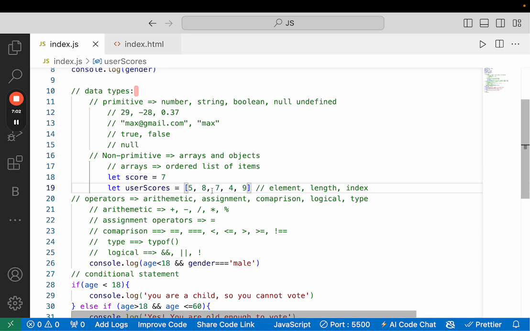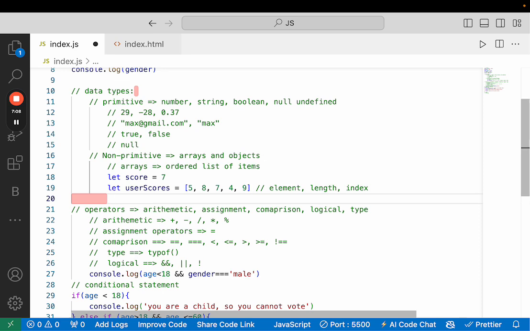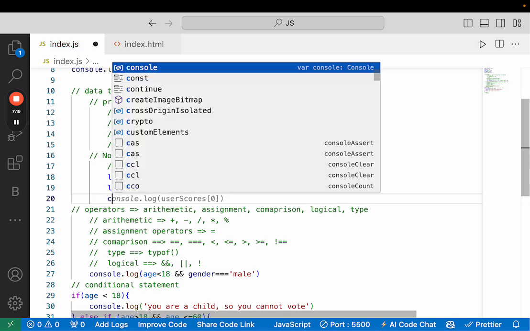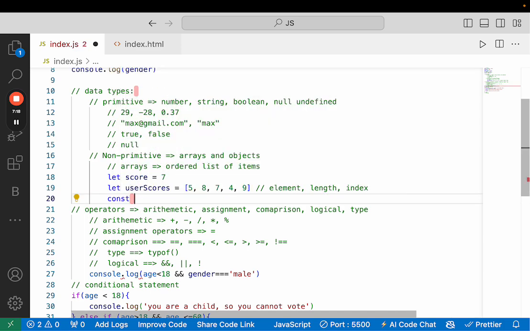It can also be an array where all the elements have a data type of string. So we can say const days. Here we can have days of the week, where each of the elements is a string: Monday,